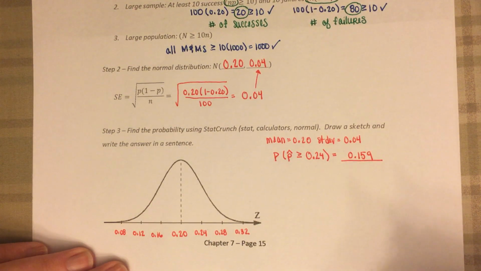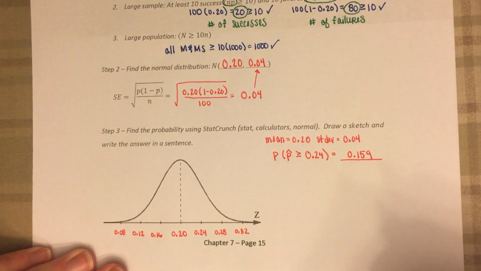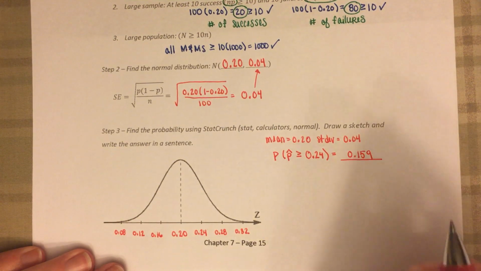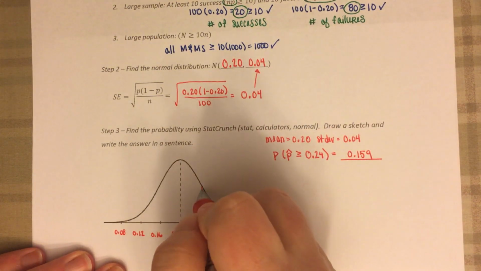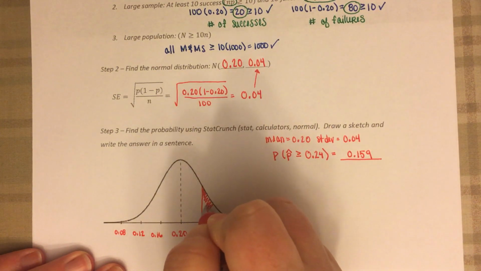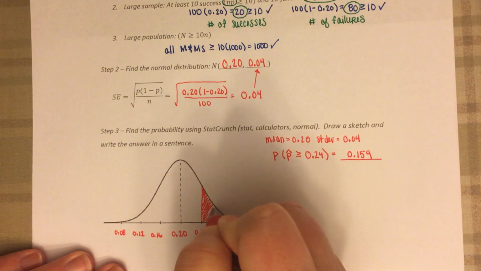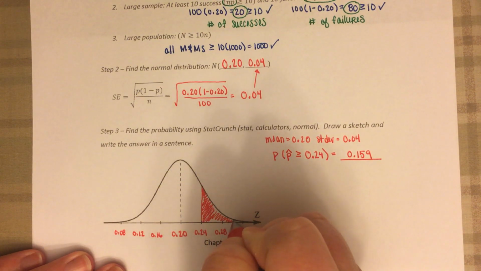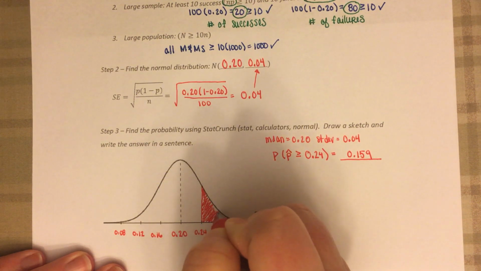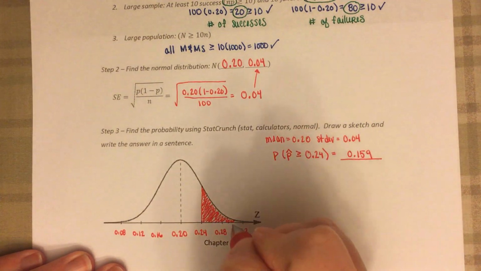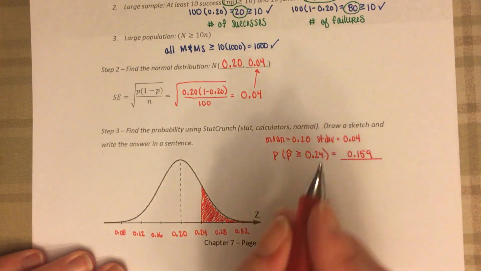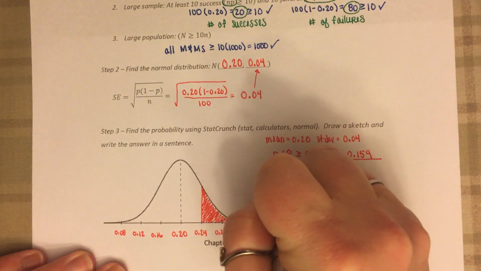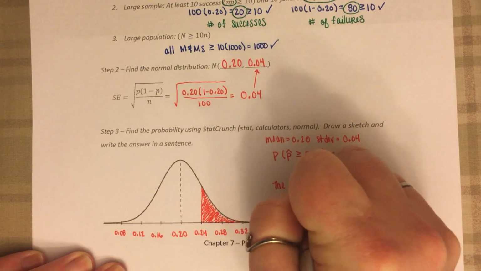So we just found the probability that our sample will contain 24% or more orange candies. So 24% is right here. 24% or more was a greater than, so we're going to shade this area to the right. So you can draw the sketch by hand, or you can use the one in StatCrunch that StatCrunch provides to assist you. And our final answer for this one is going to say the probability